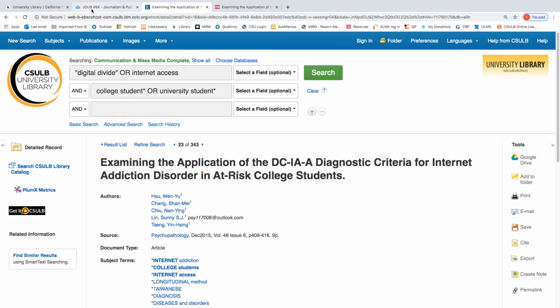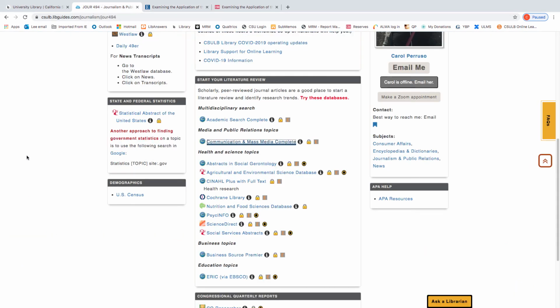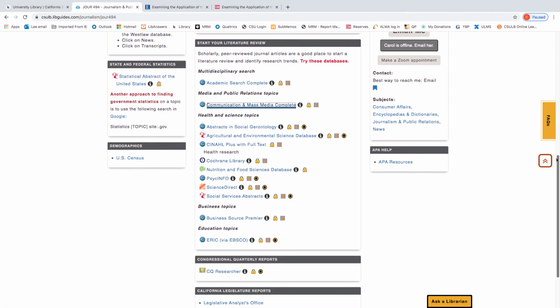Okay, so we're going to go back here to the Journalism 494 Research Guide. And I just want to point out some of these other databases. So this is multidisciplinary. This is media and public relations. And then there may be other disciplines that you're doing your research project on.